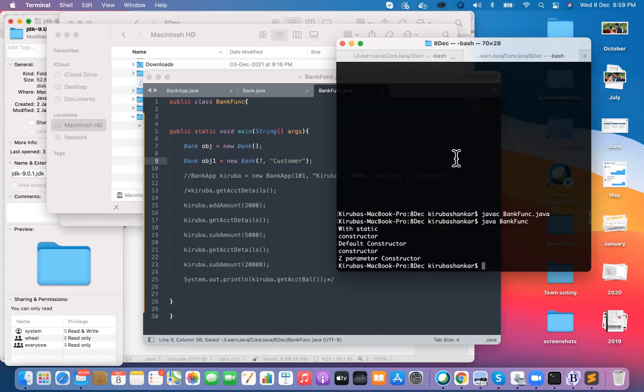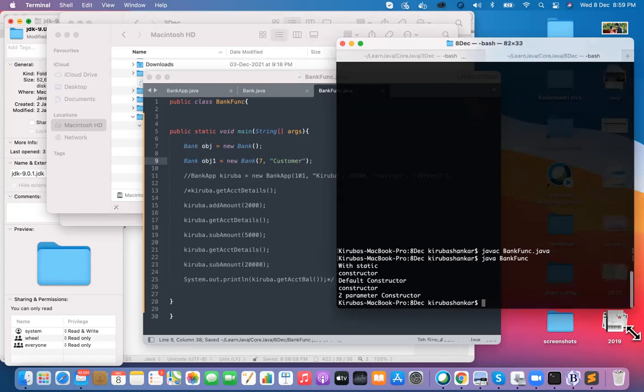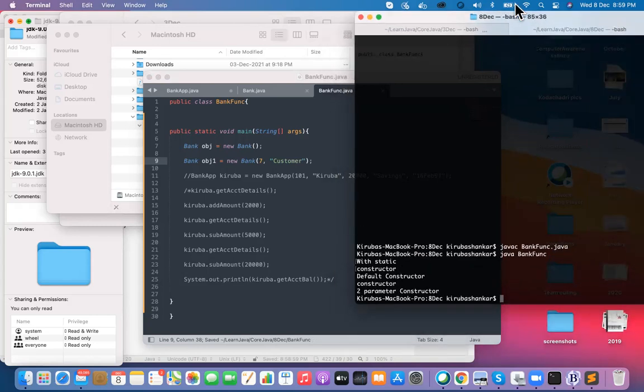So if you see, the static and constructor got executed only once, and your default constructor got executed since we created one object obj. So the first three lines are for your obj. For the second one, the instance constructor will not be created. The default constructor will not be created. Instead, your parameterized constructor got invoked because we created the second object with parameters. So your default constructor has no role here. Okay, so based on your object creation, your constructor gets invoked, either the default or the parameterized.